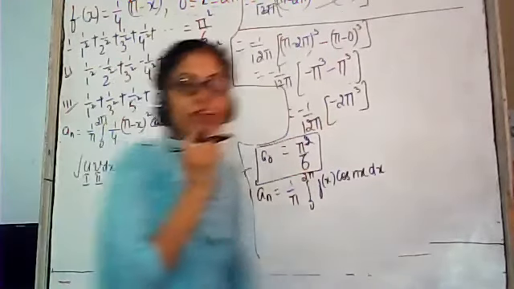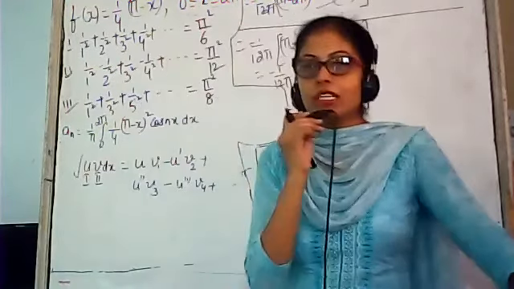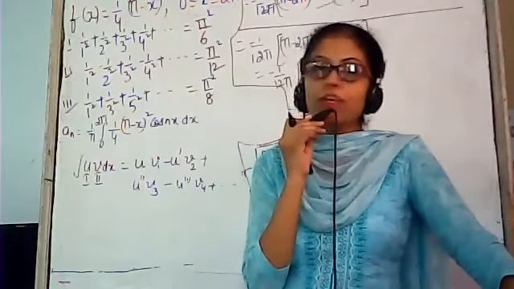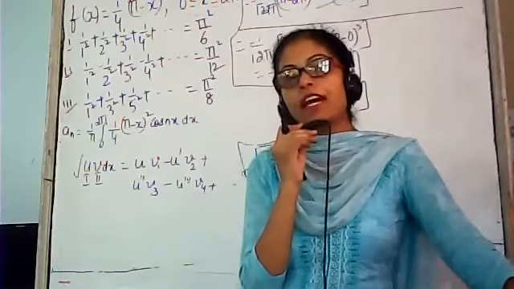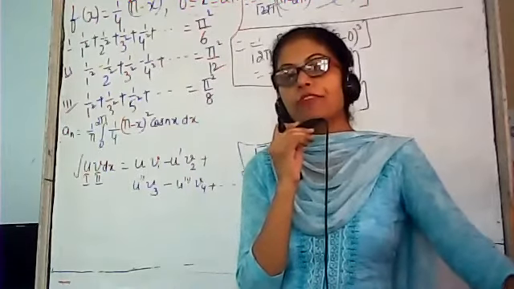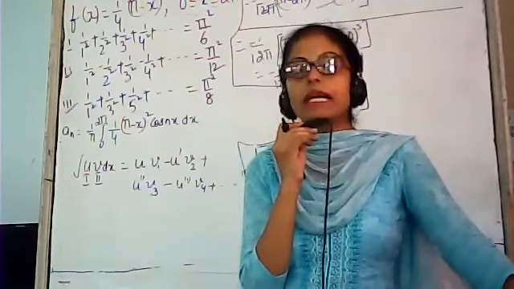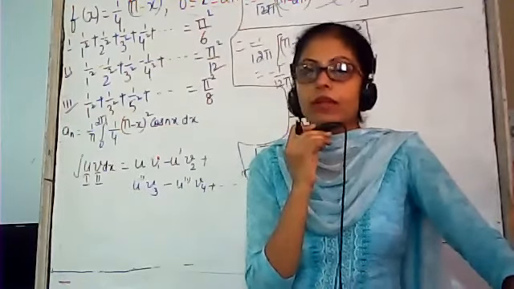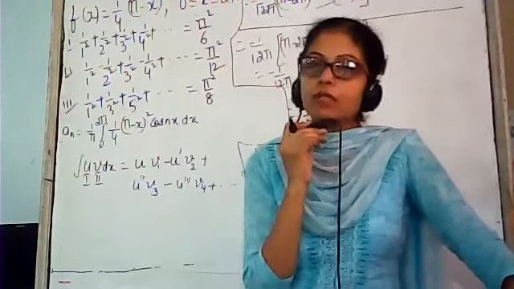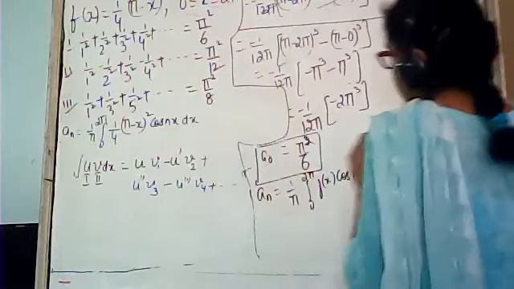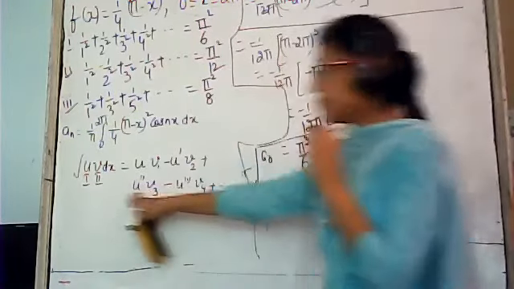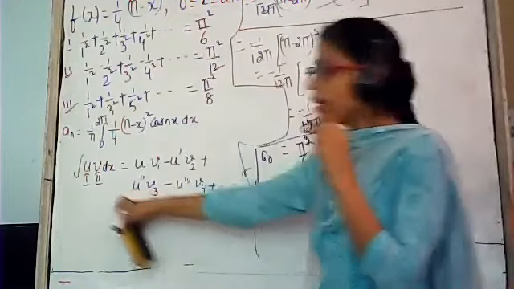You just remember one thing: if there are two functions, first of all, the first function will be written as it is and integrate the second function. After that, every time you have to differentiate the first function and integrate the second function till the differentiation becomes 0. Okay? How we will apply it? Kindly note down this result.